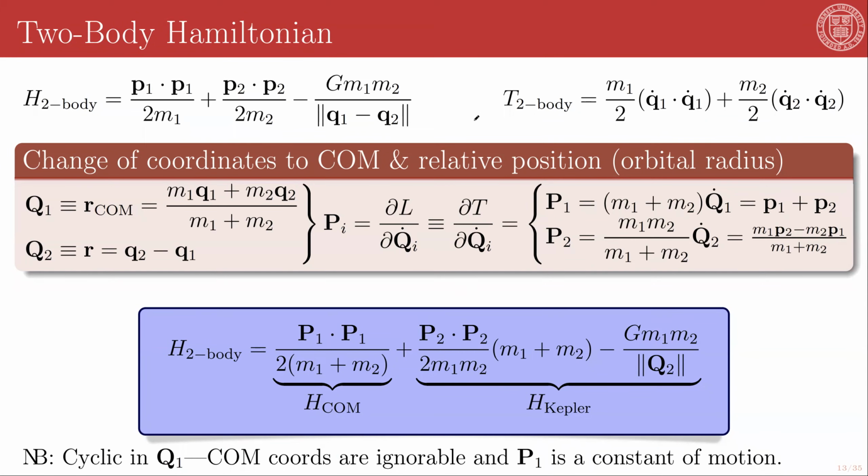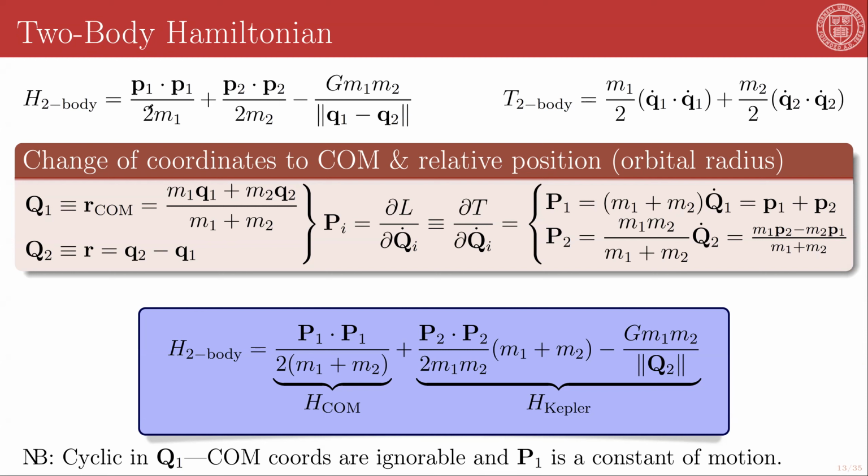Now let's start to bring all of this formalism to bear on the specific problem that we are interested in, the propagation of gravitationally interacting n-body systems. The Hamiltonian of a two-body system can be written as the conjugate momentum of the first body dotted with itself divided by twice the mass of that first body, plus the momentum of the second body dotted with itself divided by twice the mass of the second body, minus the gravitational constant times m1 m2, divided by the difference in the positions of the two bodies, the coordinate sets of those two bodies, which you should 100% verify for yourself